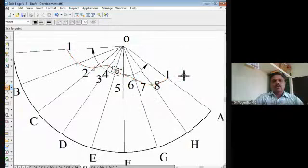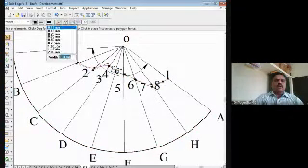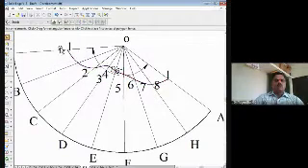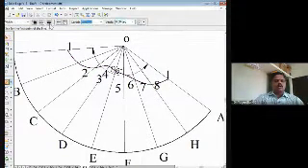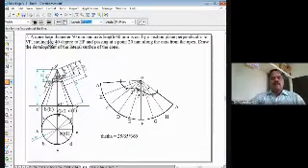Like this, you have to join as a thick line, right? So this line should be a thick line. Join it as a thick line, and the outer lines. So 1 to A, you have to make it thick, right? You select the thick line, join 1 to A here as a thick line, and this side also 1 to A, you can join as a thick line. So this is how we have to draw the development of the cone. Development of the cone shall be drawn in this fashion.